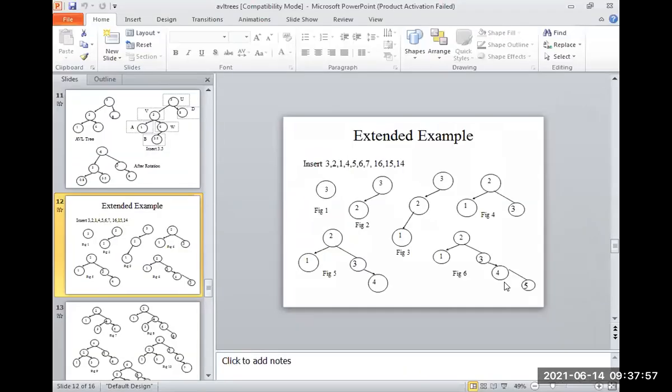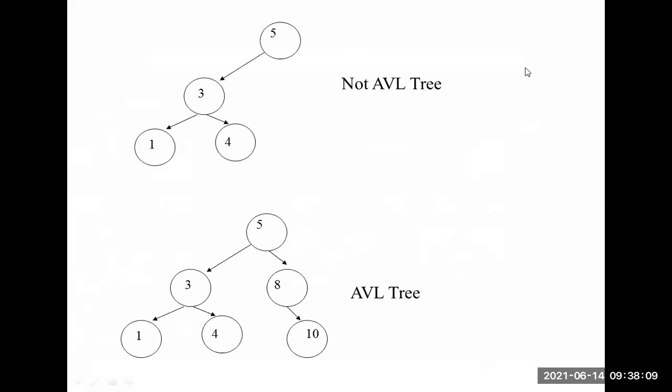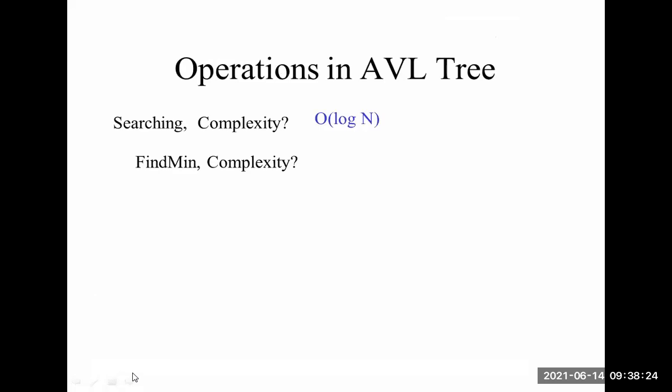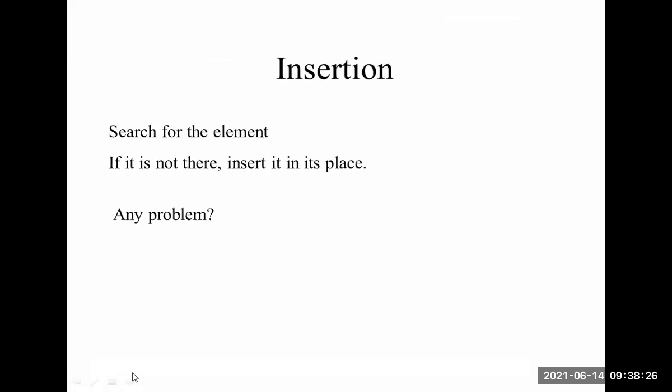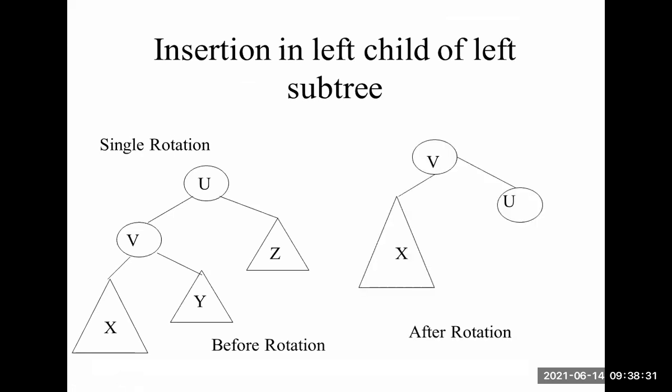See students, another example. So we already know this is an AVL tree. The other one is not allowed because the height is 2 minus 0. Here this is an AVL tree. So I am considering one example here. So how do we insert into the AVL tree? Just see here.